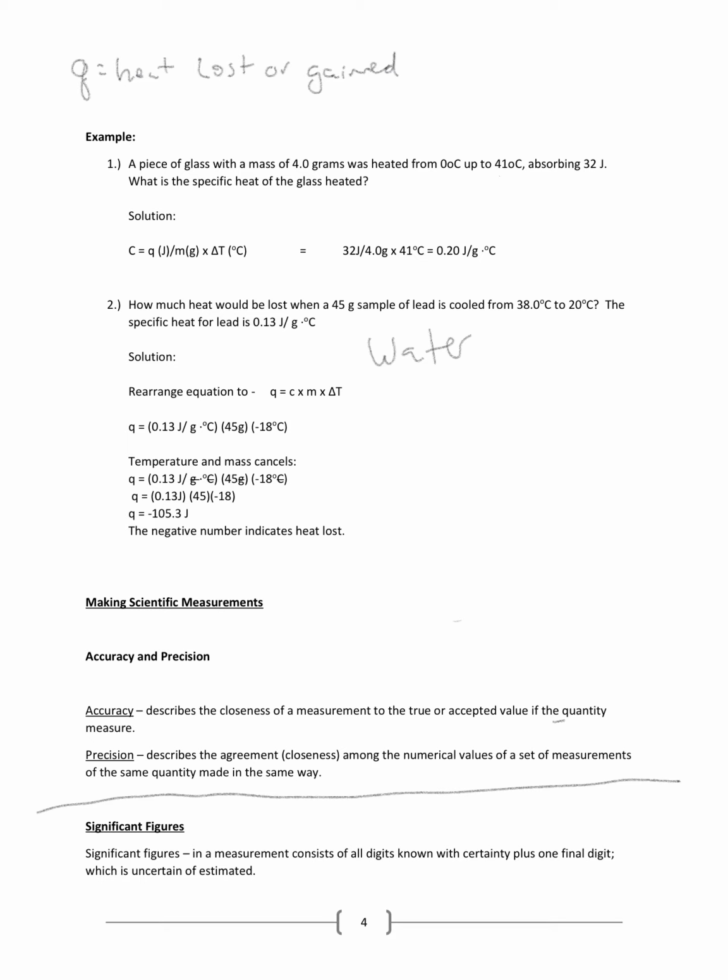In the measured quantity. Precision describes the agreement or closeness among numerical values to a set of measurements of the same quantity made at the same time. Now, what does that mean? Okay, let's say